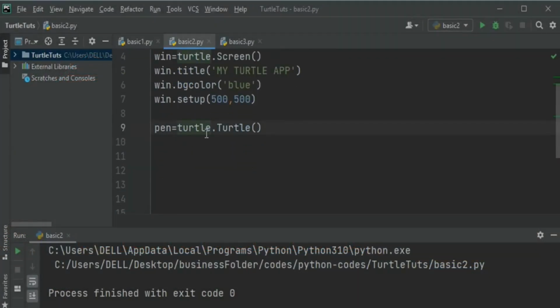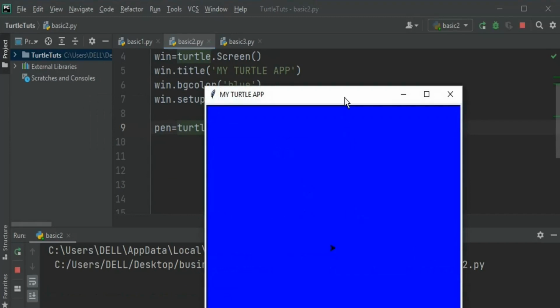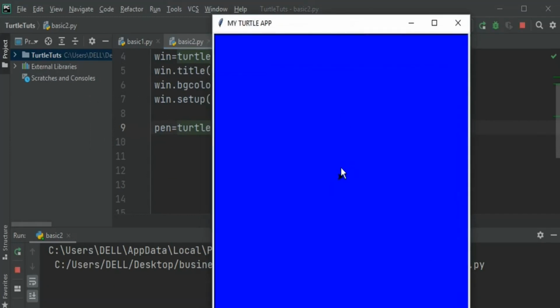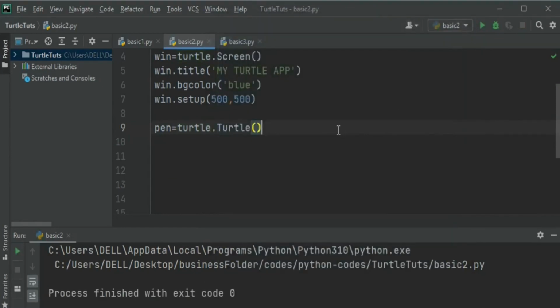Now let's talk about movement of our turtle. We wouldn't like the turtle to just stay in the center just like that. So we would like it to do something. So we are going to talk about the movement of our turtle. In order for the turtle to move on the screen, we have a couple of functions. We have a function called forward. That's when you want it to move forward. So we say pen, that's the variable we declared up over there as turtle.turtle. Pen dot forward,